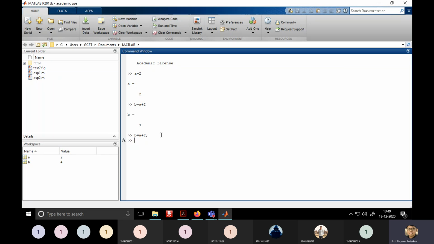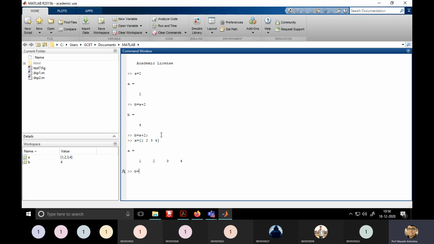And suppose I'm interested to generate some kind of array. I think all of you know what an array means. It's more than one value, in the form of a matrix. So I'm taking a is equal to 1 2 3 4, and if you press enter, by default it will store this value as an array which has 4 columns and one row. But suppose you require a 2 cross 2 matrix, so you can write B is equal to